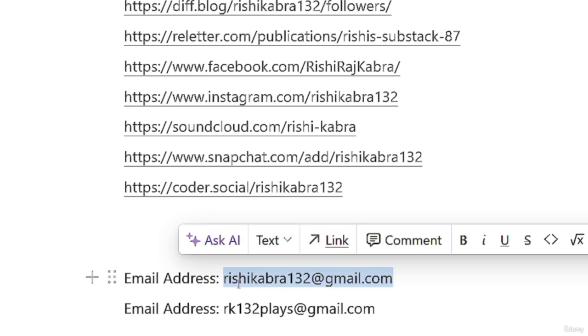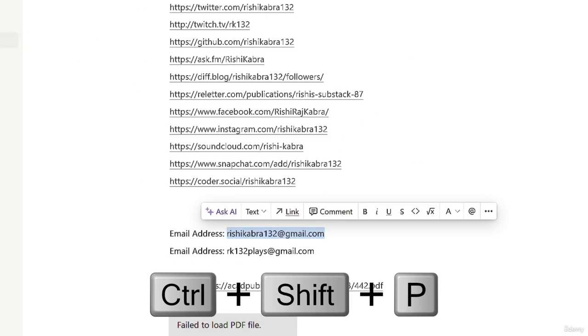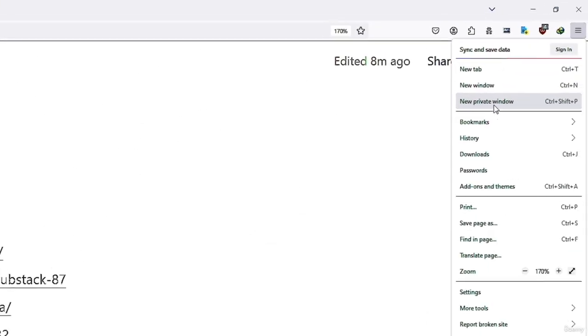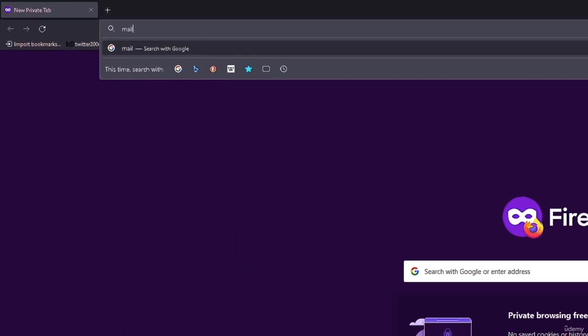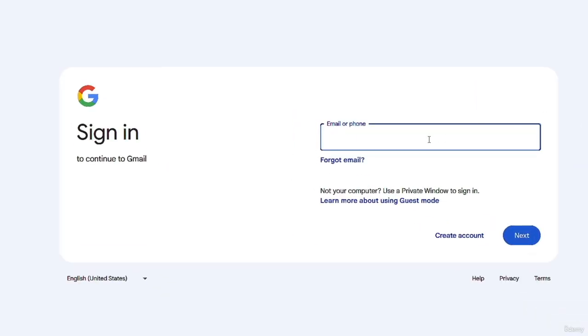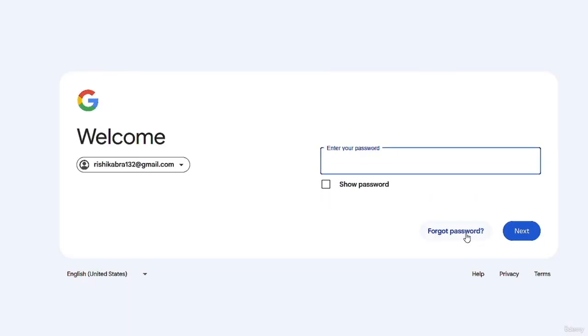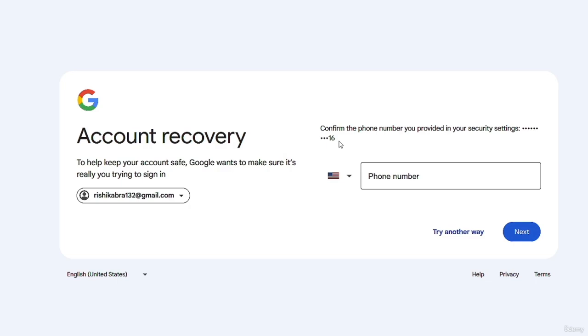So the first thing I would like to do is copy the first email address and then open an incognito tab by holding Ctrl+Shift+P, or go to this menu and then select New Private Window. And then I'm going to go to mail.google.com, paste the email address, and then say next. And then click on Forgot Password. And as you can see, his phone number ends with 16, which is the same phone number that is associated